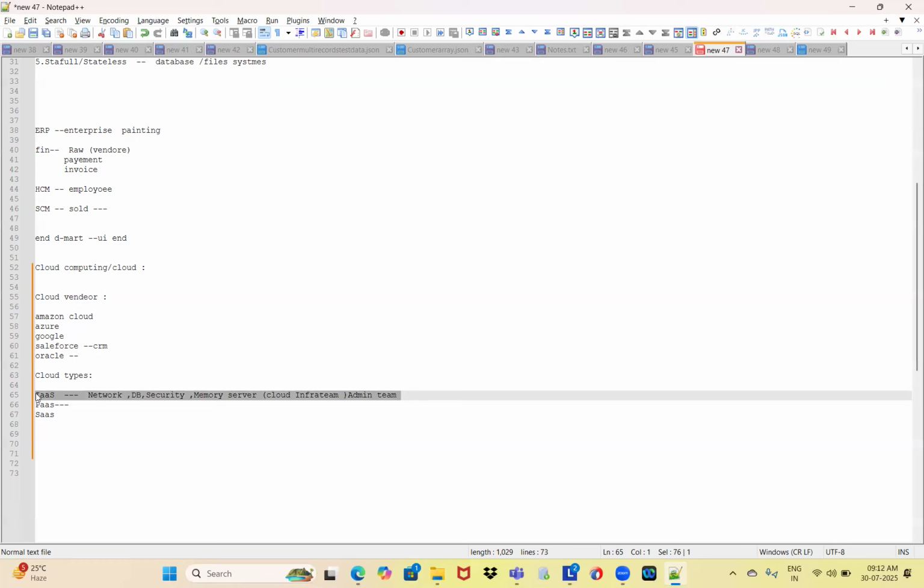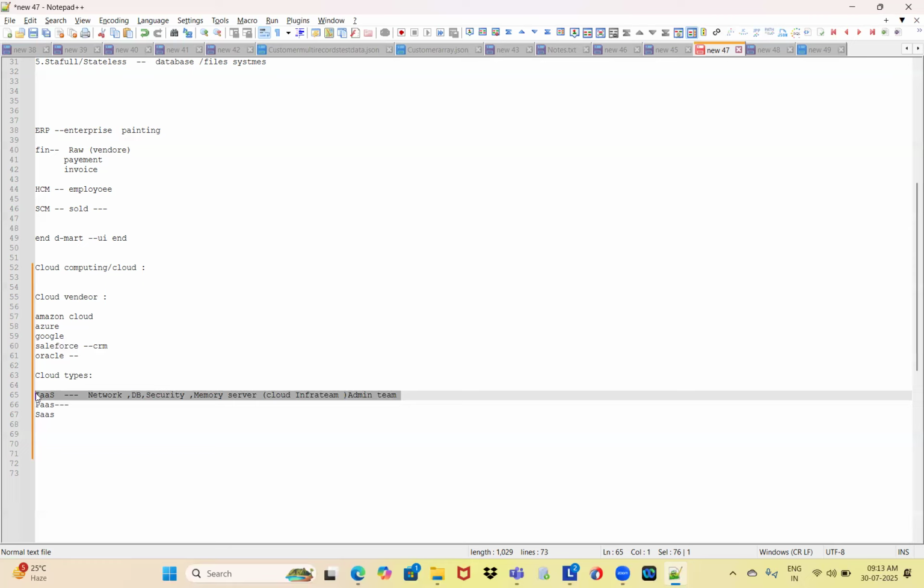Next we'll come to platform as a service. We have cloud storage space and we need to implement some software, some application. We are going to deploy the application. For example, if you are going to prepare a PPT, what software is required?